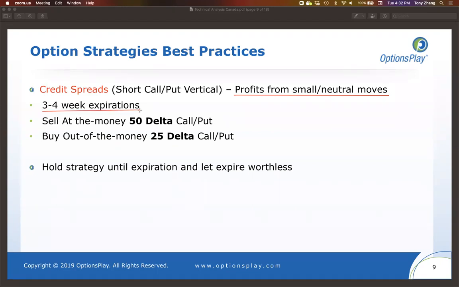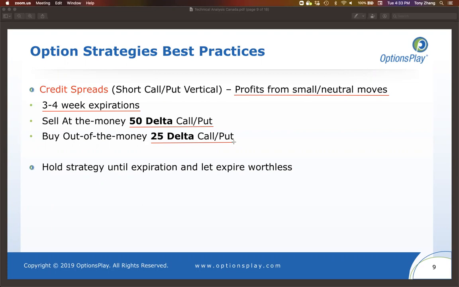So you want to sell short dated options, usually 3 to 4 weeks out is a good starting point. You always want to sell the at the money call or put first. And because selling that at the money call or put has unlimited risk, the reason that you want to buy an out of the money call or put is to reduce that overall risk from unlimited risk down to a defined risk. And we usually find that about a 25 delta call or put is a good starting point